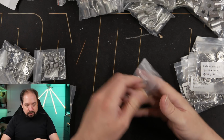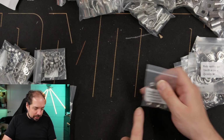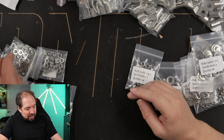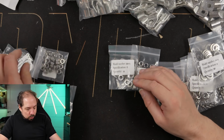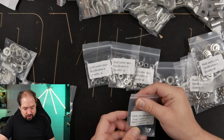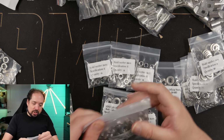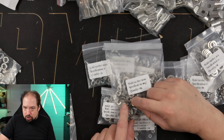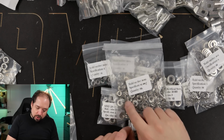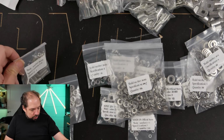Okay. Serrated nuts for M8. I went nuts buying all this stuff. M6 nylon, M6 washers, M6 normal nuts, more M3 stuff. Okay, well, you get the gist. Oh, wow, okay, I got the most of these serrated washers because the battery terminals are all M6, so I got a lot of serrated washers for those, combined, because if you use those together with a